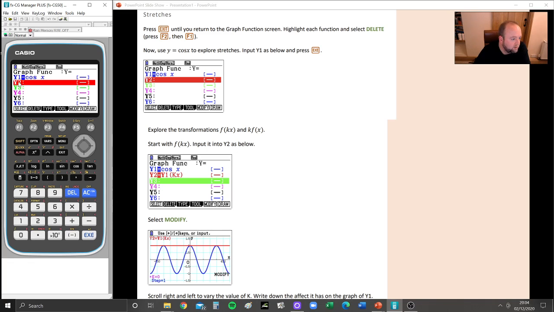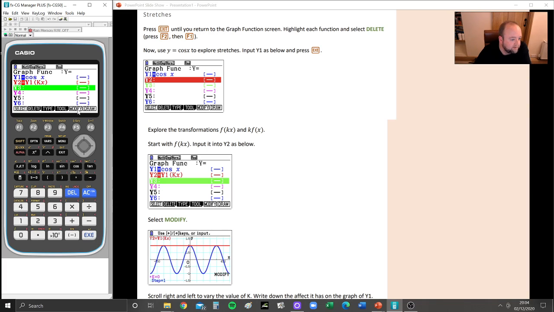So we want our red line here, y2, to be a function of our first one. So we first off need to select that. So highlight the y2, push to the right, and then we can select the y here with F1. And then we need to put the number 1 in, so that our line 2 is a function of line 1. We can then put our brackets in, and then what we want is it to be a k times x. And again, you can use the alpha, that k. But when we use our x here, we need it to be the variable in our graph previously, and close the brackets. And as you might expect as previously now, we can lock that function in with EXE, and then